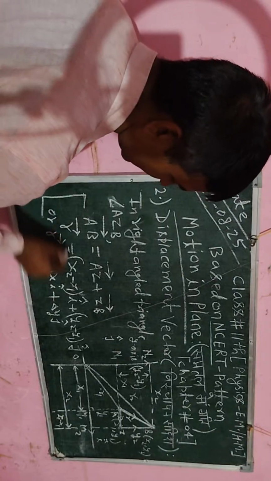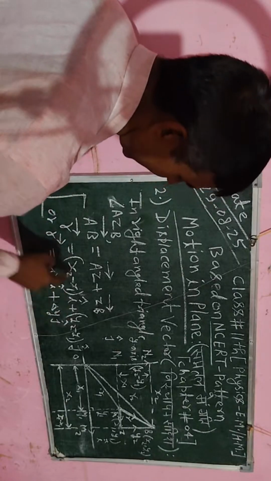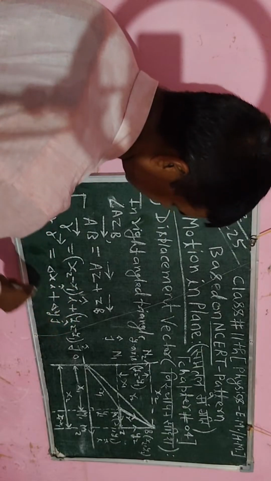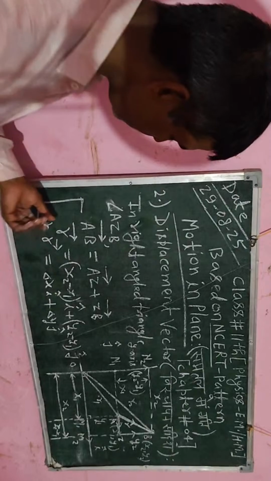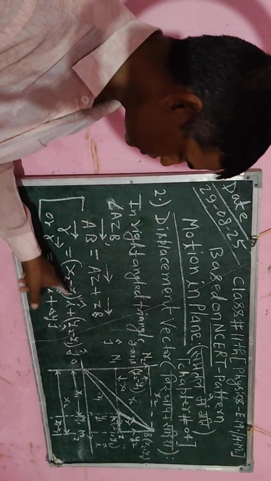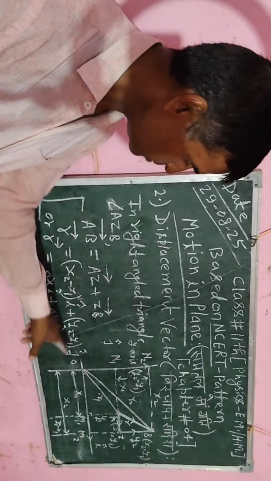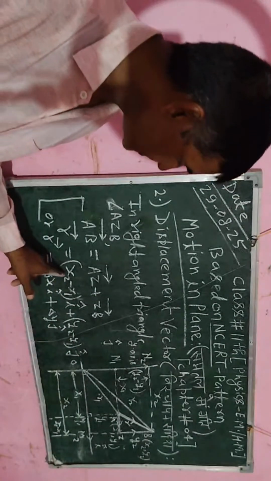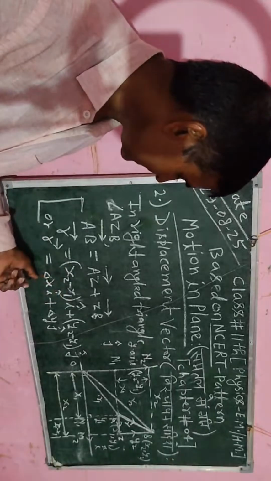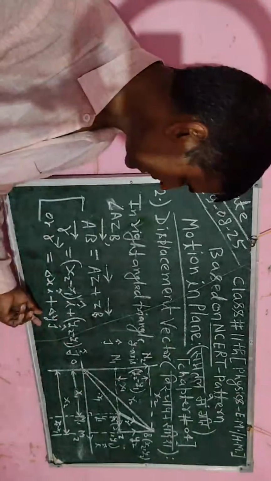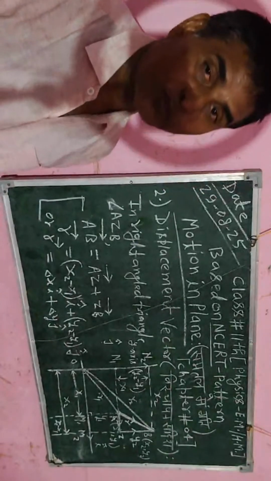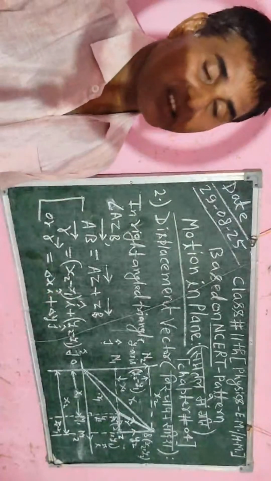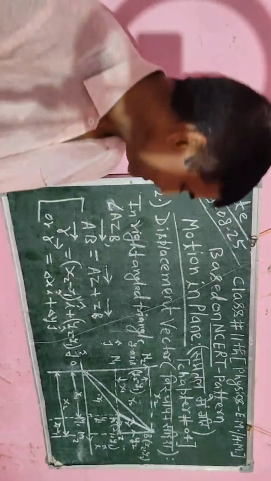इसलिए R वेक्टर जो होता है R2 माइनस R1 होगा। वेक्टर R1 के वैल्यू को रखें, वेक्टर R2 के वैल्यू को रखें, सिंप्लीफाई किए तो हमको ये वेक्टर R जो होता है x2 माइनस x1 वेक्टर I पर प्लस y2 माइनस y1 वेक्टर j का मिला। और इसको और सिंप्लीफाई किए तो यहाँ पर चेंज इन x के लिए डेल्टा x लिखे, चेंज इन y के लिए डेल्टा y लिखे, ताकि हमारा एक्सप्रेशन छोटा रहेगा, ताकि हम उसको इजीली रिमेंबर कर सकते हैं, लर्न कर सकते हैं, याद कर सकते हैं।